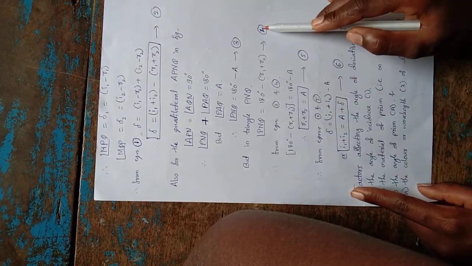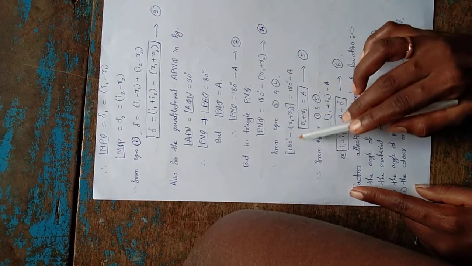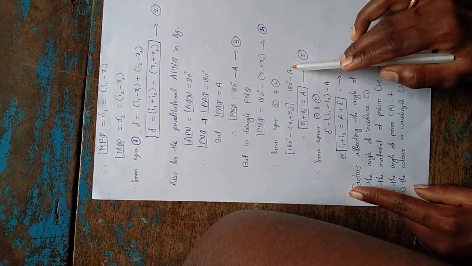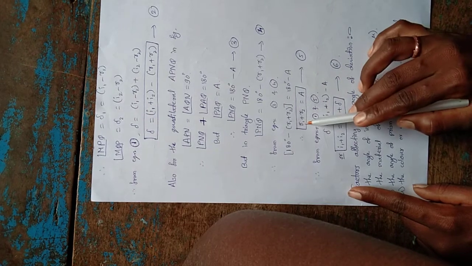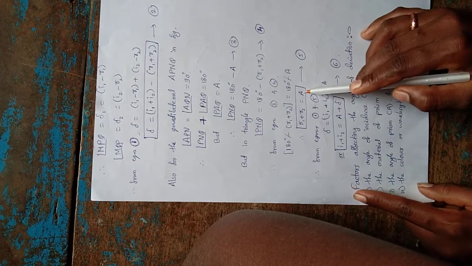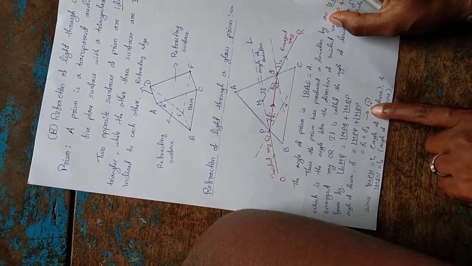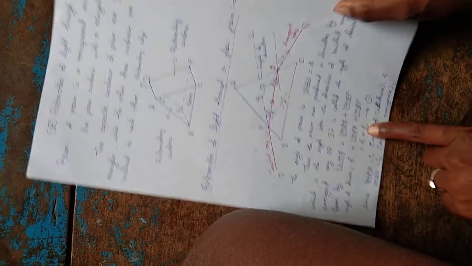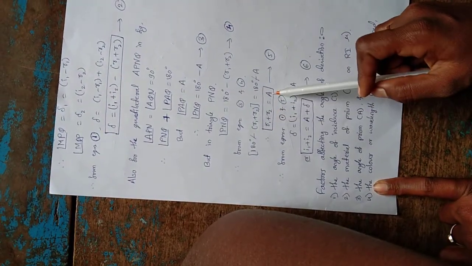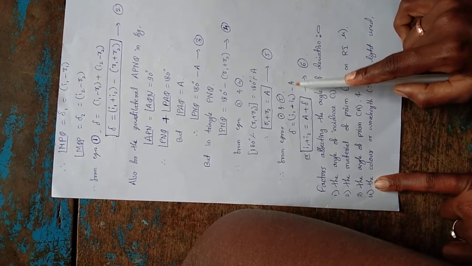From equation number 3 and 4, see, PNQ gets cancelled, similar terms. 180 minus R1 plus R2 is equal to 180 minus A. The 180 gets cancelled, and the remaining minus also gets cancelled. R1 plus R2 is equal to A. Equation number 5. From equation number 1 and 5: equation number 1 is delta equal to delta 1 plus delta 2, and equation number 5 is R1 plus R2 equal to A. Using these two equations, delta is equal to I1 plus I2 minus A.